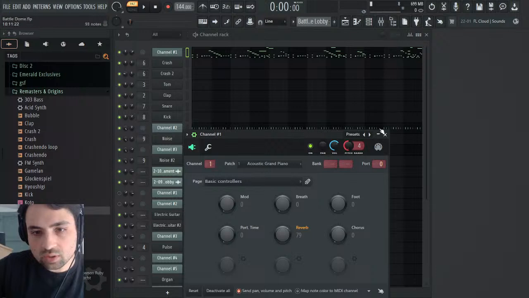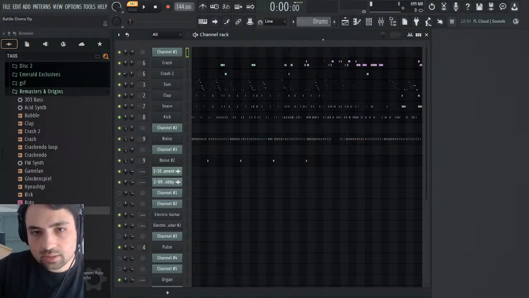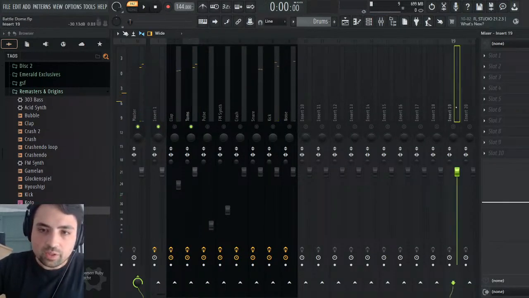And wait, it is actually already pitched down. Okay. Yeah, I feel like that makes it more. Okay, and we do want quite a bit of extra reverb on this,